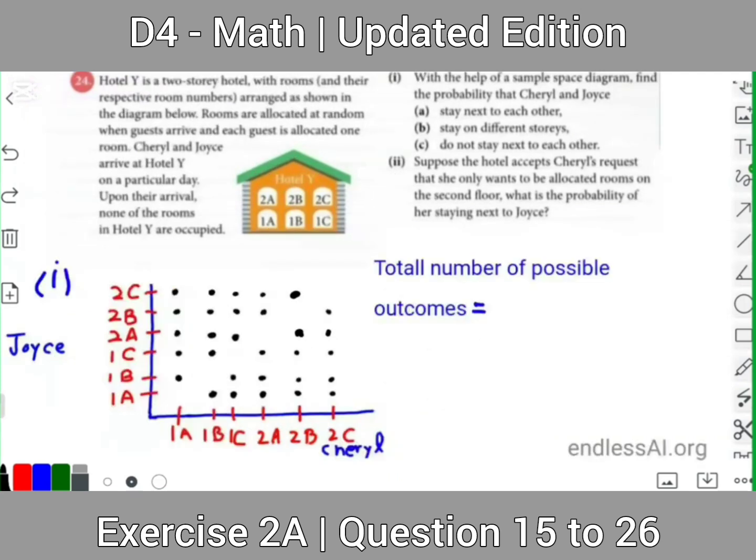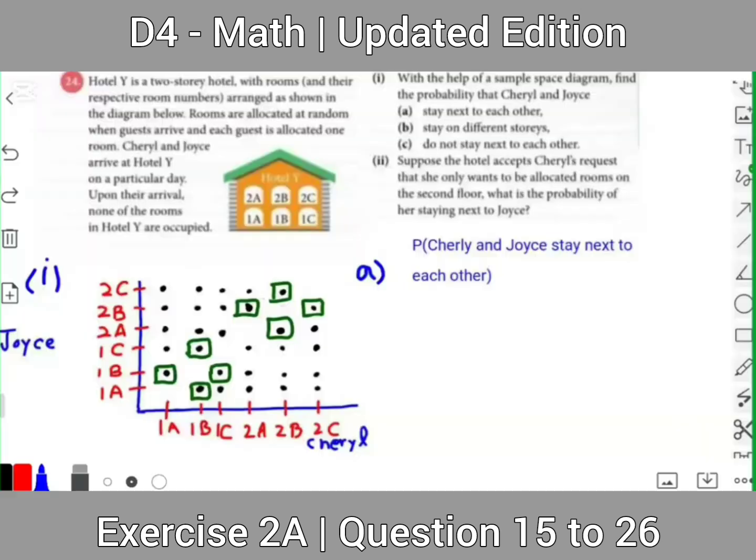For part 1, first we will find out the total number of possible outcomes. So we can see from the sample space diagram that the total number of possible outcomes is equal to 30. Now for part A, we have to find out the probability of Chiral and Joyce. So we have to mark the ordered pairs